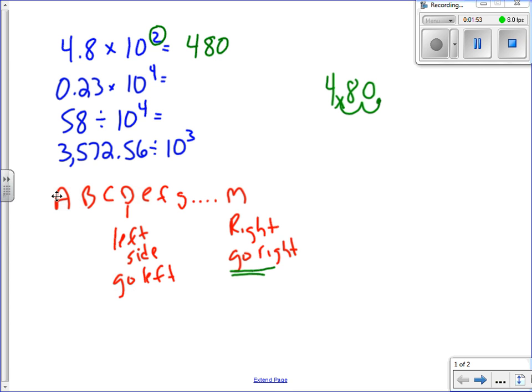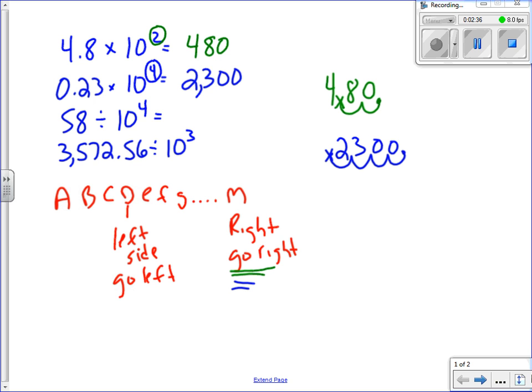480. Now I'm going to take 0.23 times 10 to the fourth. I have 0.23. Okay, so once again, the exponent is 4. I'm multiplying, so I'm going to move to the right, and I'm going to move 4 place values. 1, 2, 3, 4. There's my new decimal point. I won't use that decimal again because remember, a number only has 1 decimal. My place value holders for zeros, I'm going to put those in. And so the answer here is 23 hundredths times 10 to the fourth is